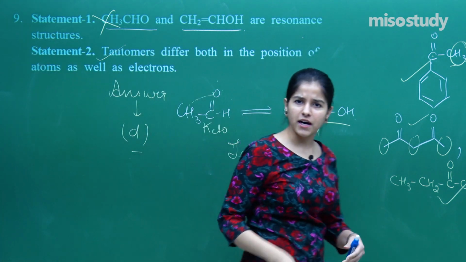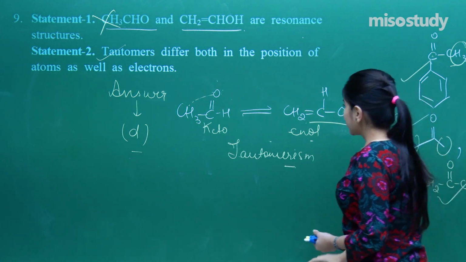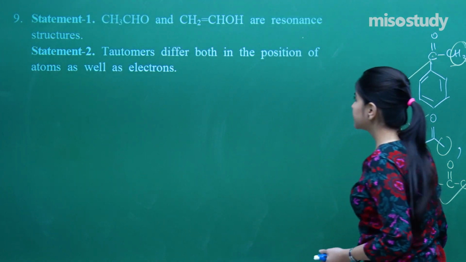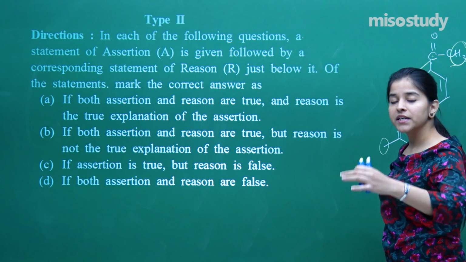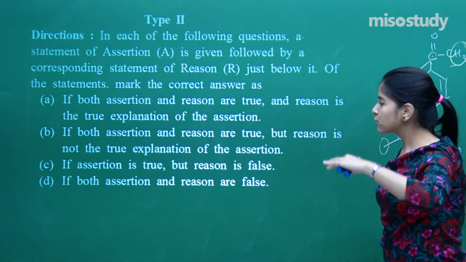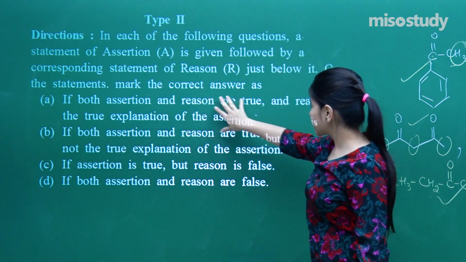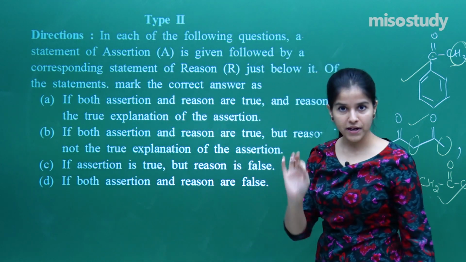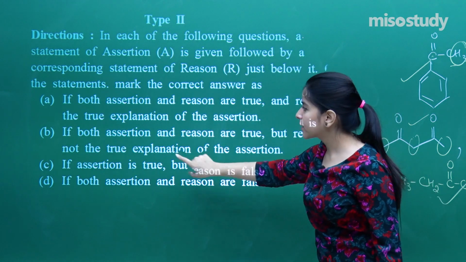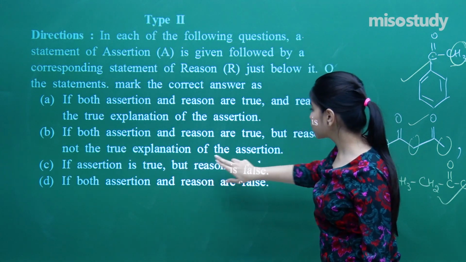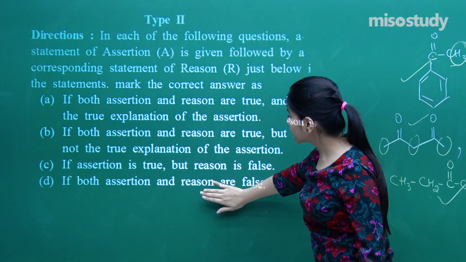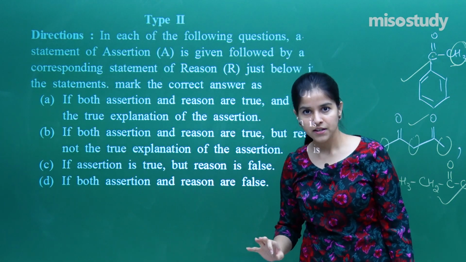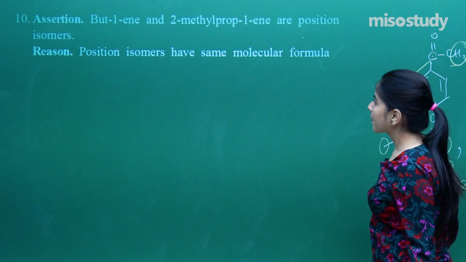So I hope everybody has got the answer here. Now let's just move on to the very last question. What do I have? Again assertion reason time, but here I'll be having one assertion and one reason. So again, if both assertion and reason are true, and reason is the correct explanation, that should be answer A. If reason is not the correct explanation, that should be answer B. If assertion is true, reason is false. But if you look at the last statement, if assertion and reason both are false, that should be the option D. Let us now take up the question based on it.